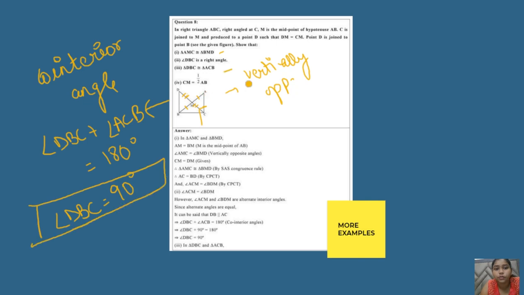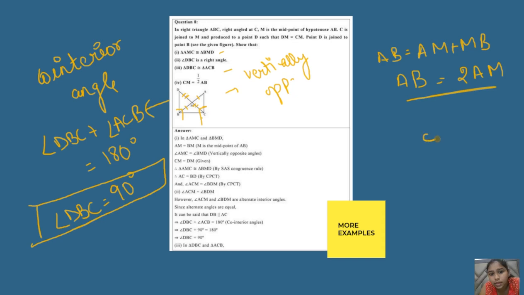So this is proved. Now the other part is triangle DBC is congruent to triangle ACB. So DCB is this and ACB is this. In this particular case, BC is the common side. Both these are 90 degree angles, right? Then the hypotenuses of both of them are equal, because AM plus MB equals AB, right? Now AM is also equal to MB, so you can say 2AM.